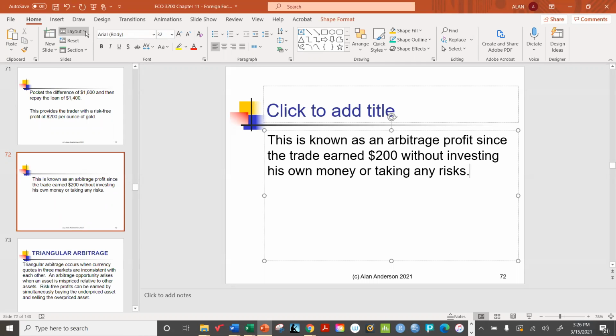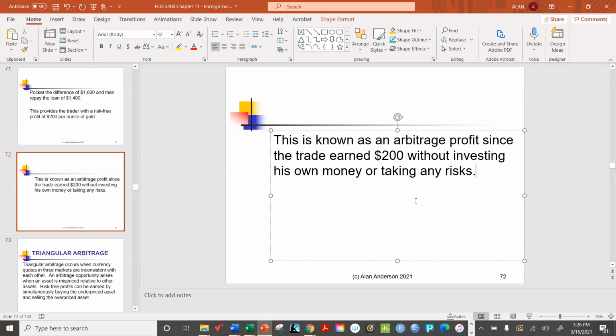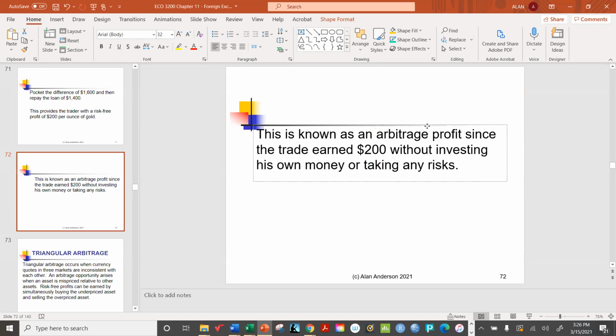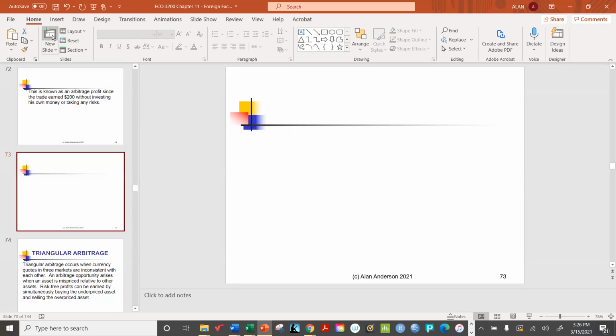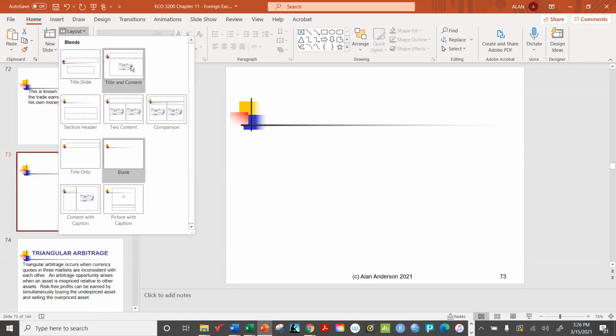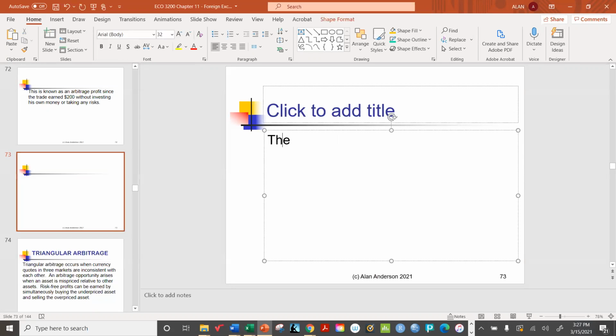Now, if we can do this with 1 ounce of gold, what's to stop us from doing this with 1,000 ounces of gold or 1,000,000 ounces of gold? The answer is nothing. Now, is there a limit to this process? Of course. The opportunity will disappear very quickly